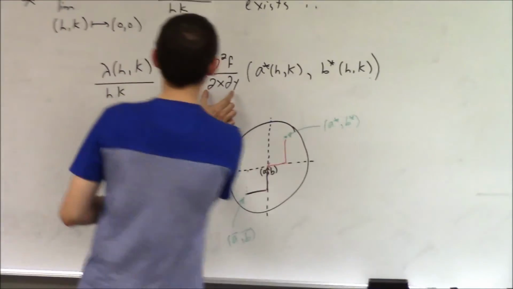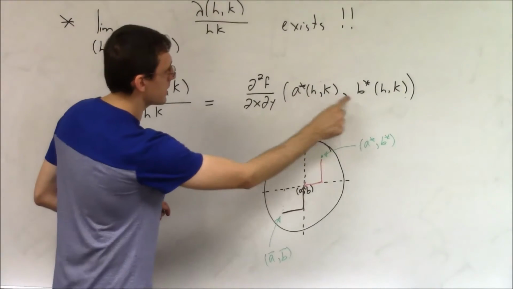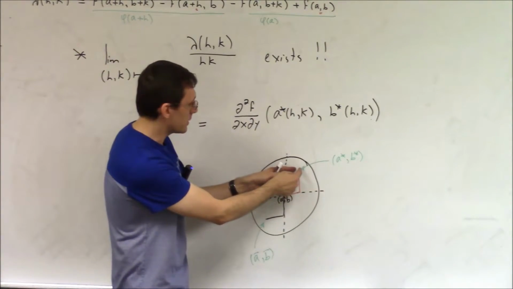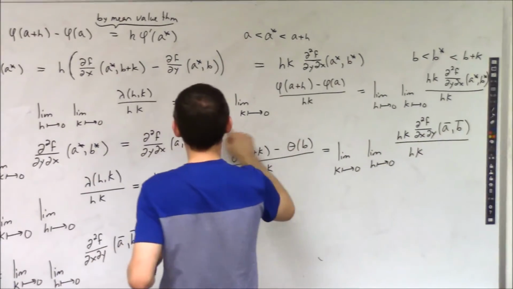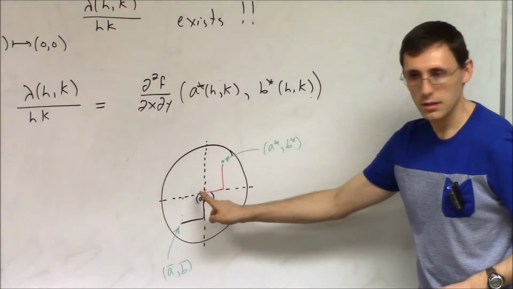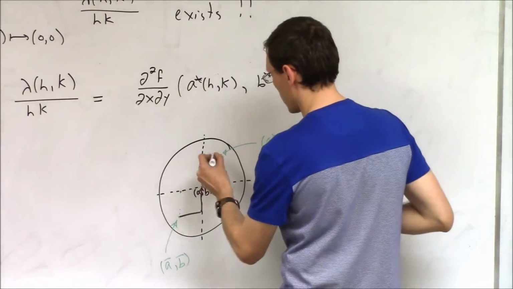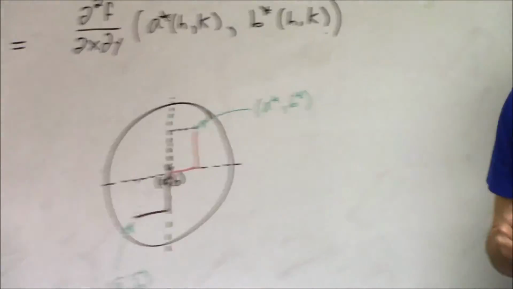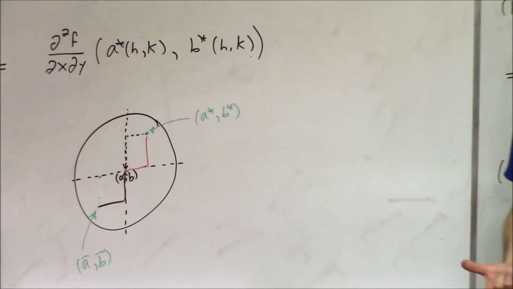Now I use the continuity of those mixed partials. They are all continuous at those points, right? So look at it. Once the point A star, B star is here, in the limit, what's happening? If I first push k to 0, then h to 0, then I'm approaching AB along this path. But approaching it along this path, by continuity, is the same as approaching along this path. Because the function is continuous at AB, no matter which path you take towards AB, you're going to get exactly the same value.